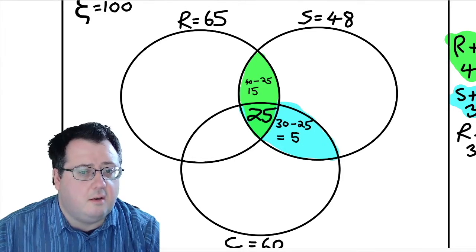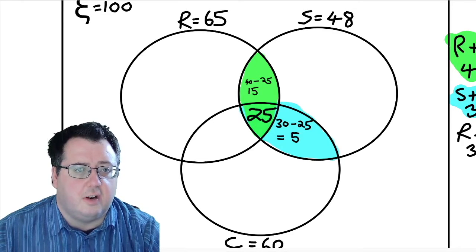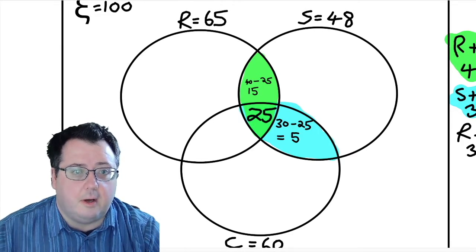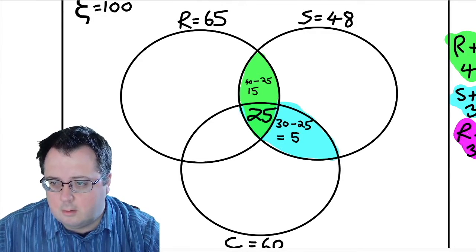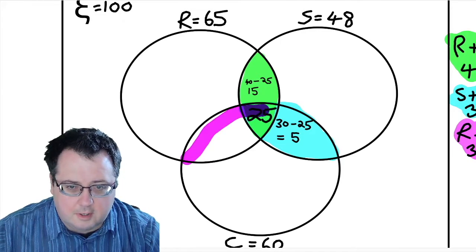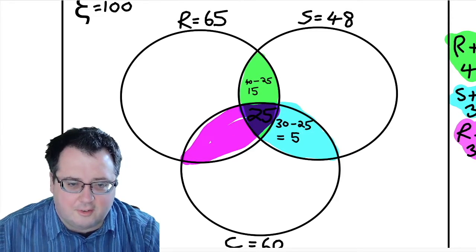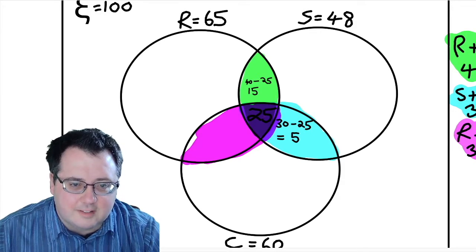and then we need to do running and cycling. So this is the last overlapping part. Get my highlighter. We'll do this in purple this time. So this is going to be this section here, and for some reason it does overwrite the green now. Okay, so that's a bit of a mess in the middle, but the point is you can see what's going